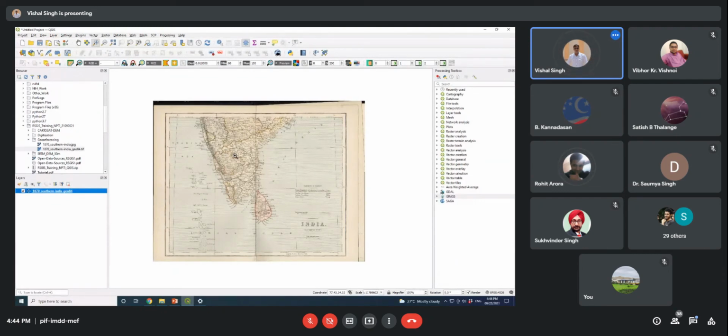But if both the layers, or whatever number of layers you are using in the GIS domain, have the same projection system, then they can be overlaid.